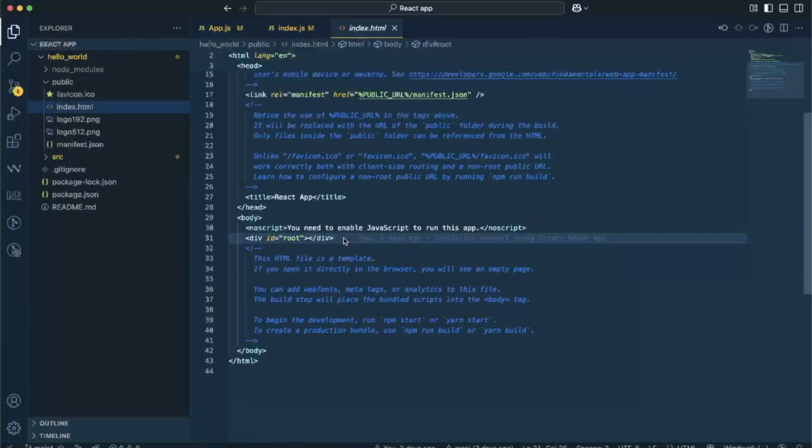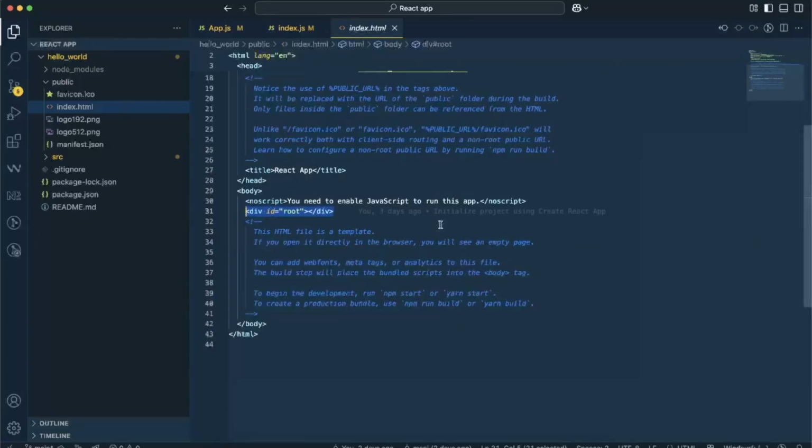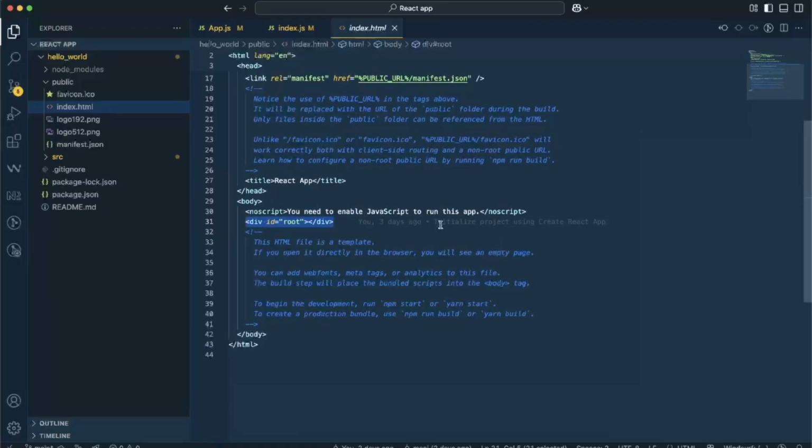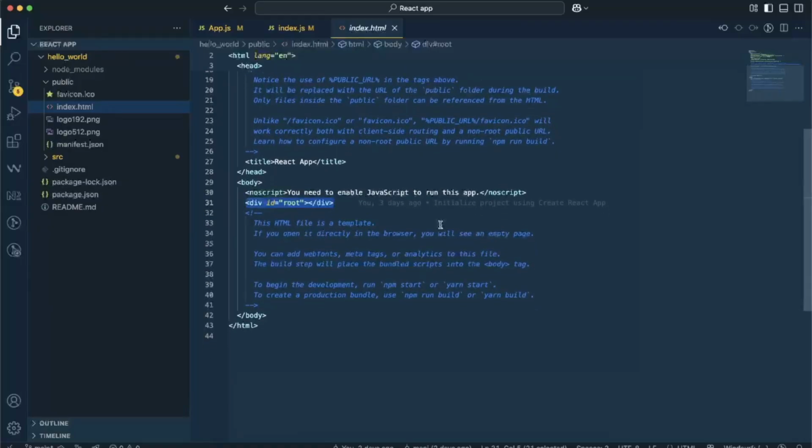It has a division with the id root, which we discussed in the last video. We are building a single page application and this is it. The view might dynamically change in the browser, but this HTML file gets served up every time. Typically you are not going to add any code in this file for this series.